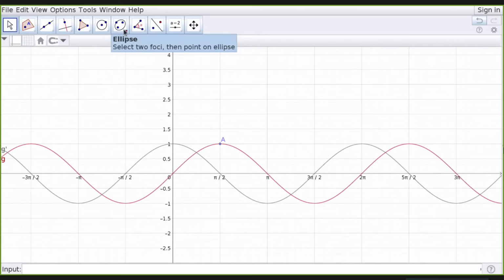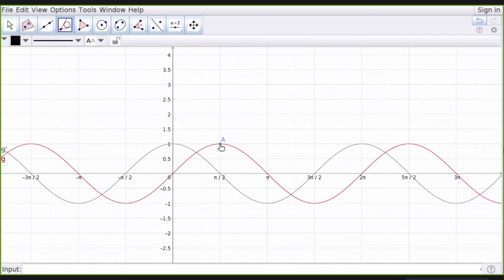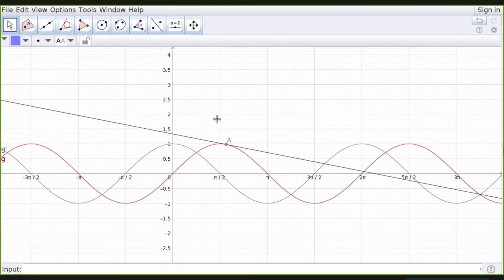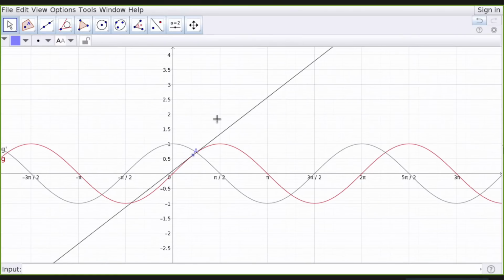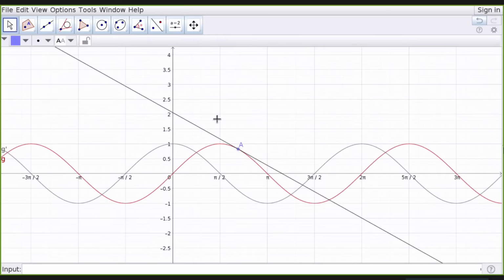Then I will draw a tangent to this sine curve at A. You get the tangent. Now, if I move A, actually I can move my A by the arrow key. You can see how the tangent is moving.